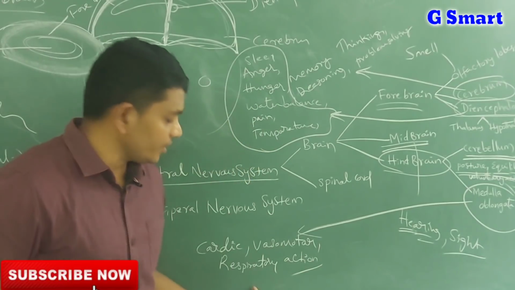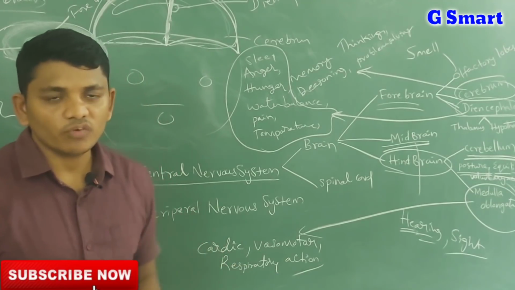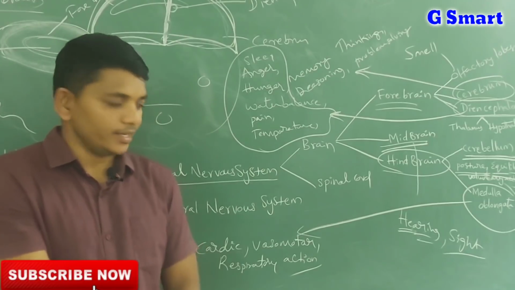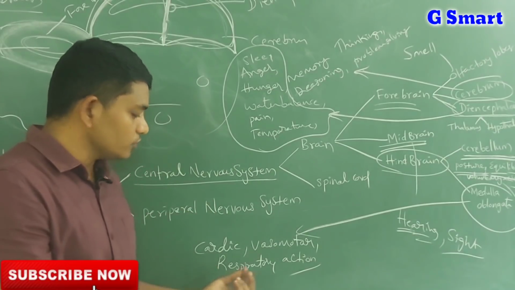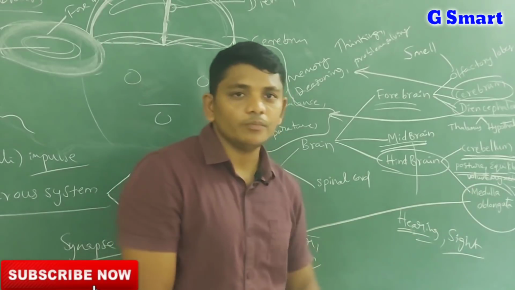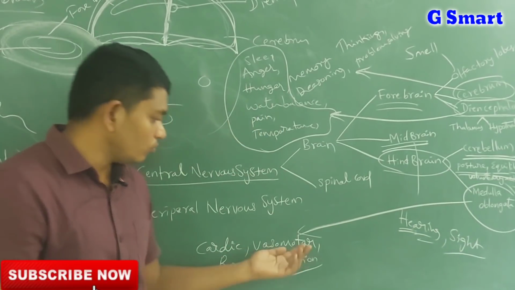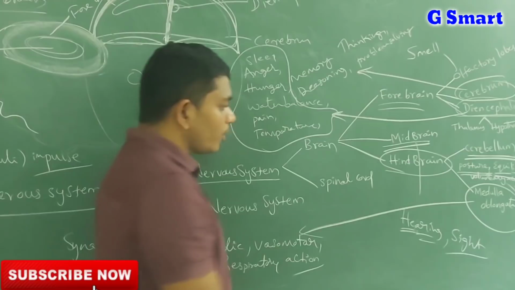So all our respiration, cardiac function and vasomotor function, which is nothing but blood vessels. So blood vessel movement, and also cardiac, heart functioning, and also the respiratory system, all these three things work under the medulla oblongata. So it is regulating heart function, vasomotor function and respiratory function, and also it is participating